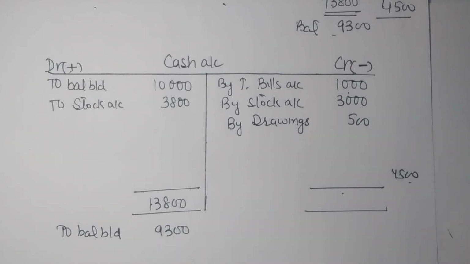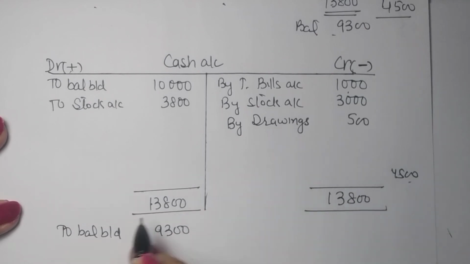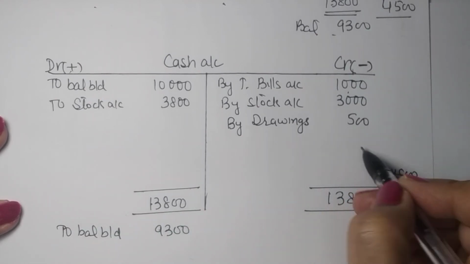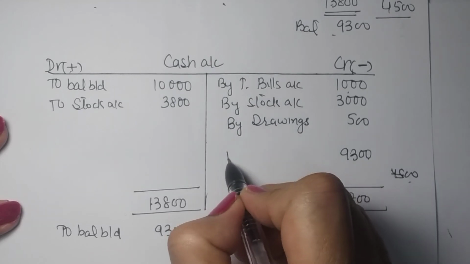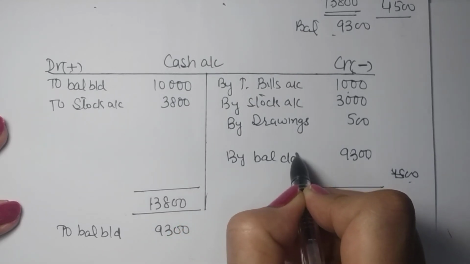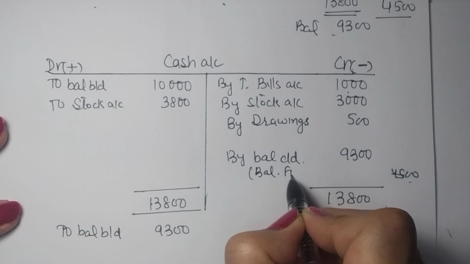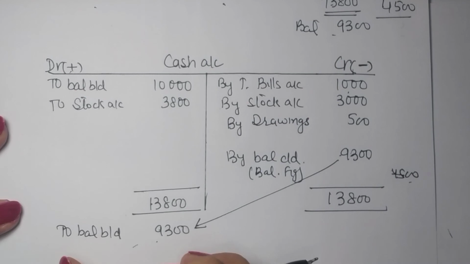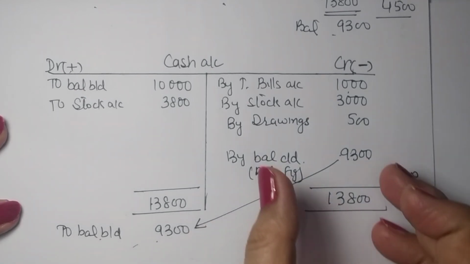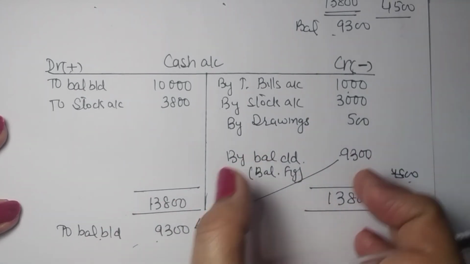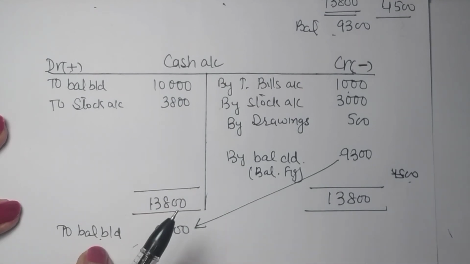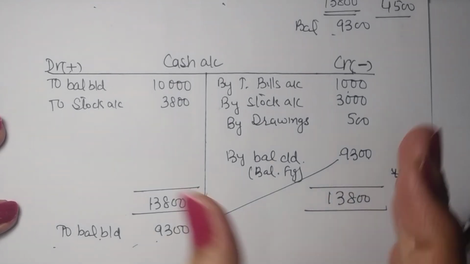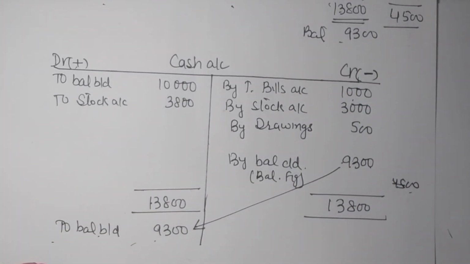But in order to make it presentable, how do we close it? We make the two sides equal by putting the difference here. So the difference is 9,300. So we put it here and we call it balance carried down. So this is the balancing figure or the difference which we are to carry to the next period. Right? So this is brought here. So we call it brought down. This balance is brought here. This is carried to next period and this is brought here. So balance brought down. So you have a cash balance of 9,300. So this is how an account appears and we balance it.